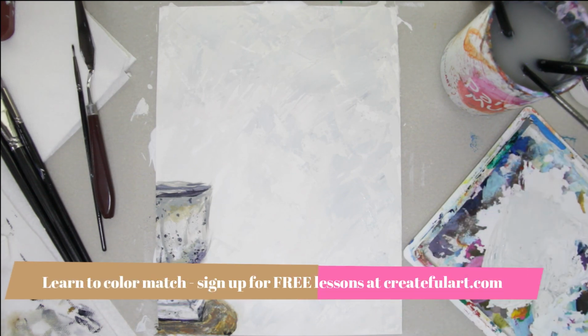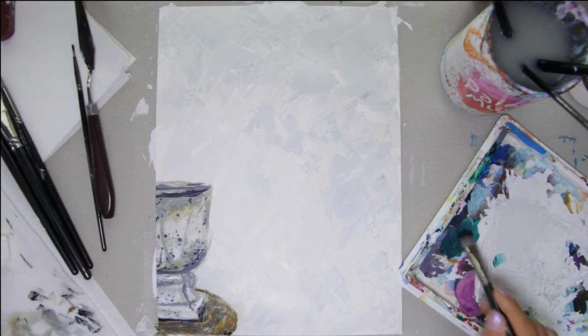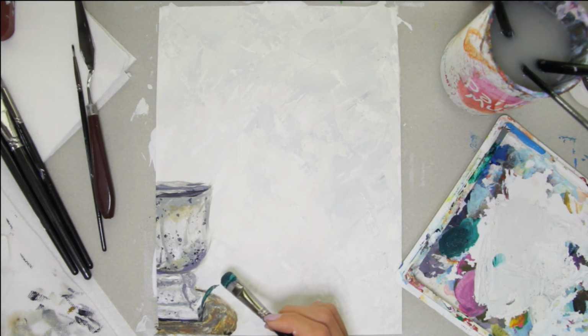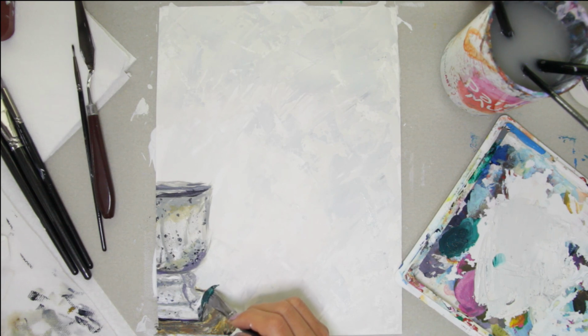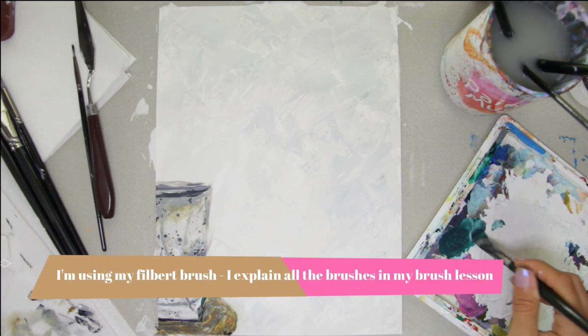So I'm going to do some color matching here. I got some sagey dark colors in here, and I'm going to have some bright colors. I'm going to have a whole bunch of just different greenery going on. So what I'm going to do is just make the shape right here, and this is just half of the shape because on the other side it's shining and it's a different color. So I'm just adding a little bit of the gray,